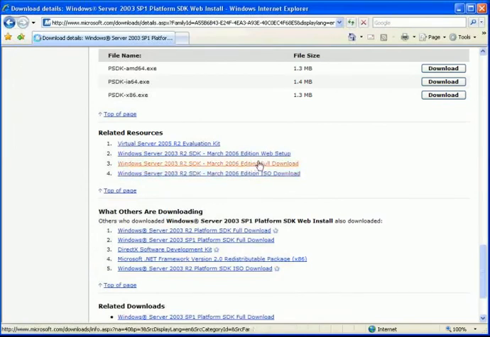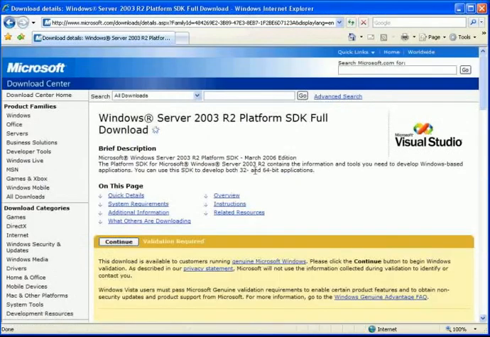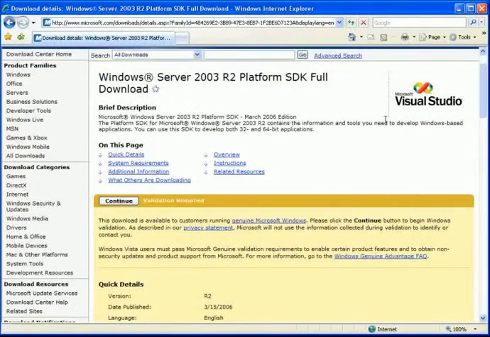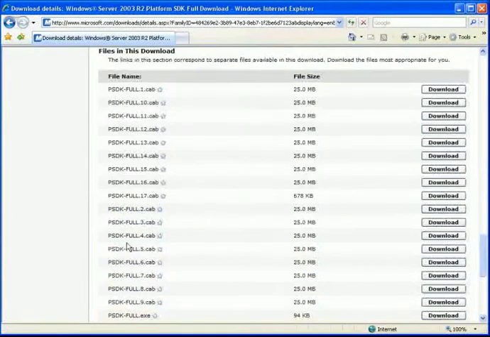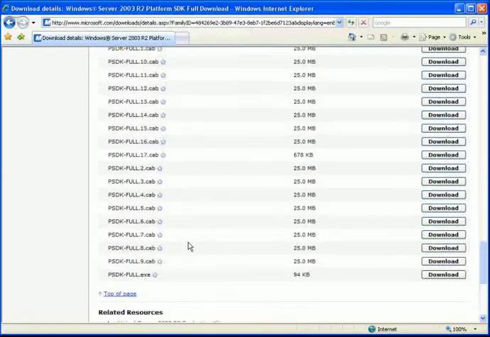I'm going to go here into the full version, and before you can download it, you'll need to verify that you have a valid version of the Windows operating system. So just click Validation Required here, click on Continue. Your Windows version will get validated, and then a link will appear here that allows you to download the files. You'll notice here that there's a number of files you can download, so you'll need to go through and download